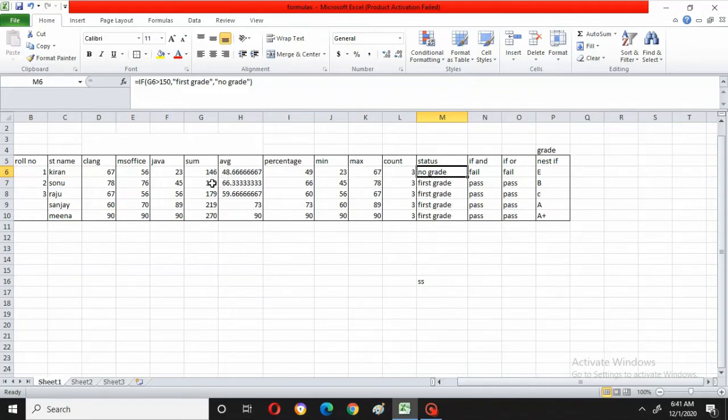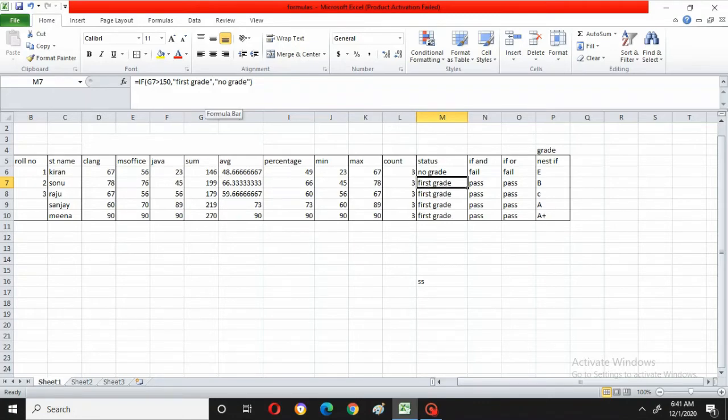Right, now come to the status here. I will show. Now G7 is 199. Now 199 is greater than 150. So that condition is satisfied. When that condition is satisfied, it will enter into the first grade. So it is displaying first grade.